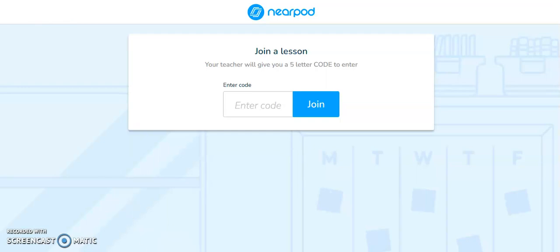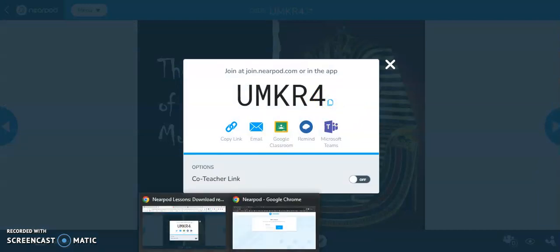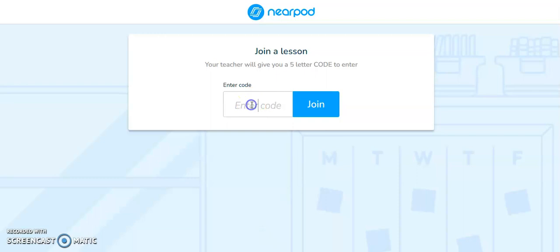So if I jump back over and get that code, and if your students are capable of typing that in correctly, all they'll need to do is put in that code and then click join, and they will be in the lesson. If this is too difficult for some of your younger students, what you can do to make it even simpler,